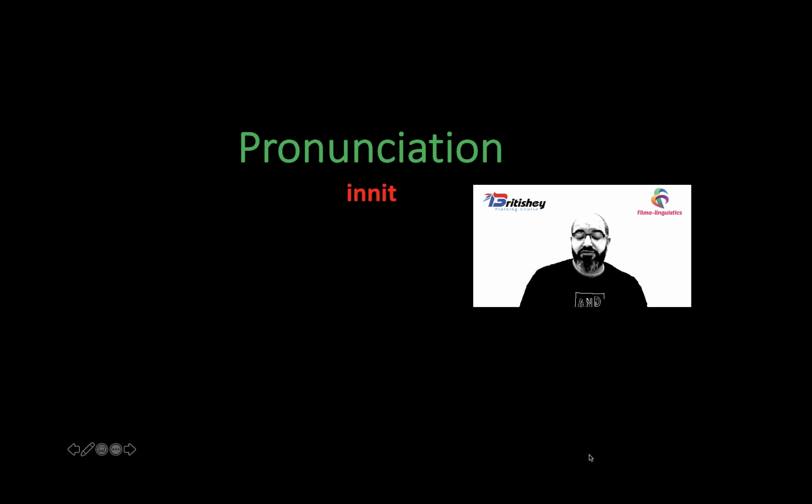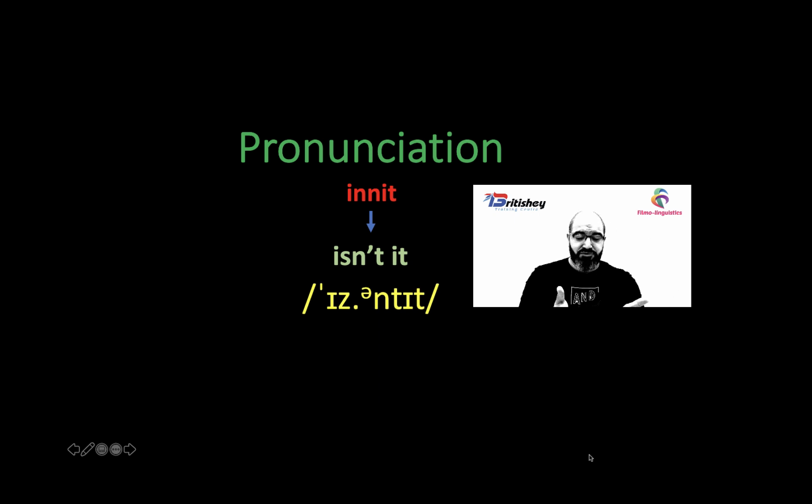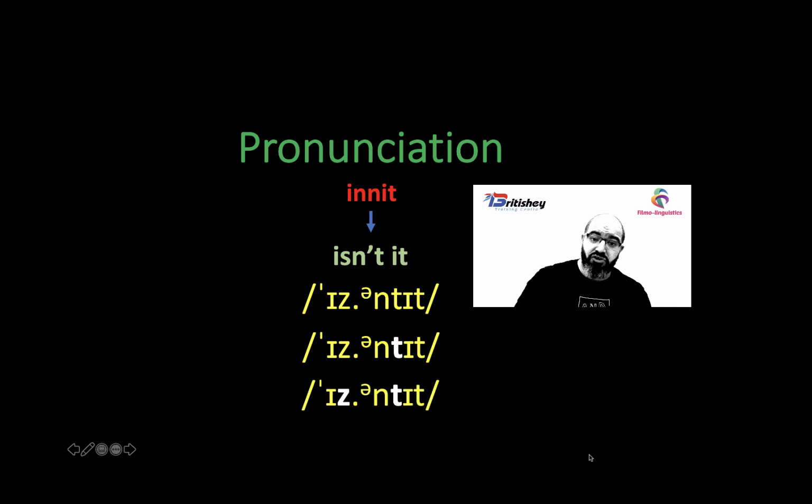And the whole story started, of course, with isn't it? And the pronunciation is as we see here from the phonetic transcription. The whole story started with an elision of the sound t. So instead of isn't it, it became isn't it, so the t is dropped. Then it developed into this pronunciation. It is not the t sound only, but now it is the z sound as well. So it became what we know as innit.